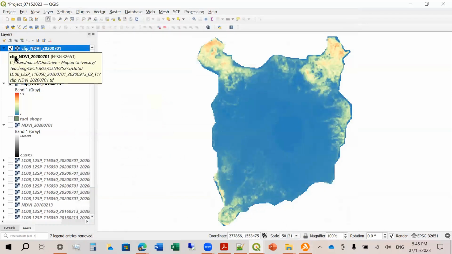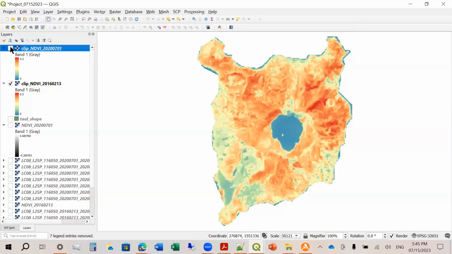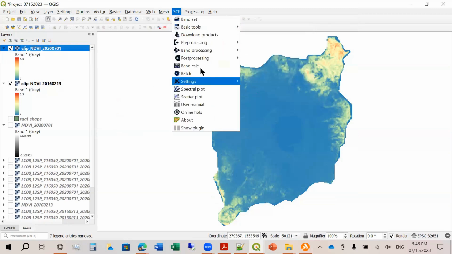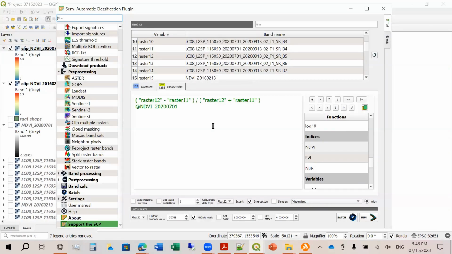Okay. So now this is a better comparison. So this is NDVI for 2020. This is NDVI for 2021. So you will notice here that the difference between the two dates. Okay. Now you may wonder, what's now the difference between the two dates? So you can add another layer, and we can do the calculations. We can do another calculations also. Okay, so what I want to do here is I want to calculate the difference between the two.